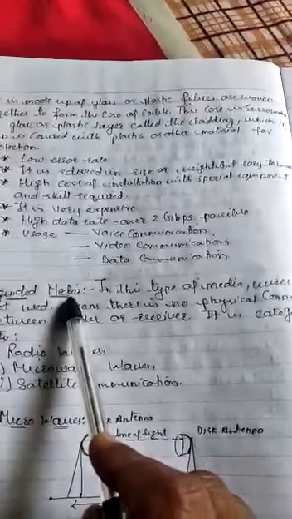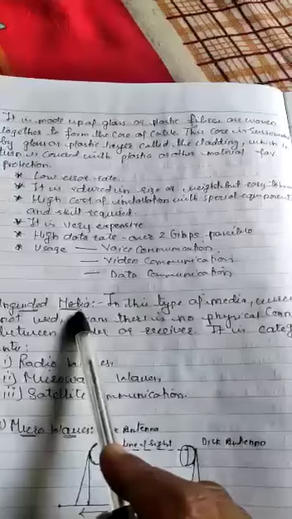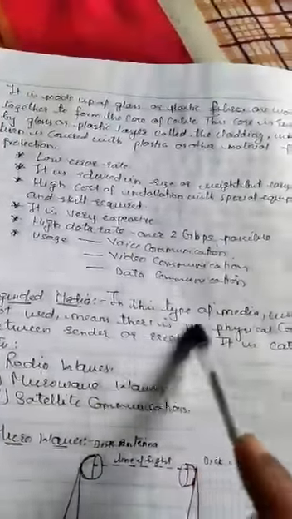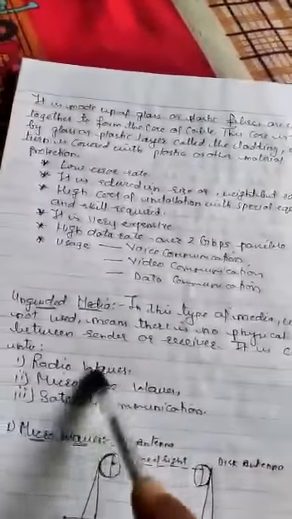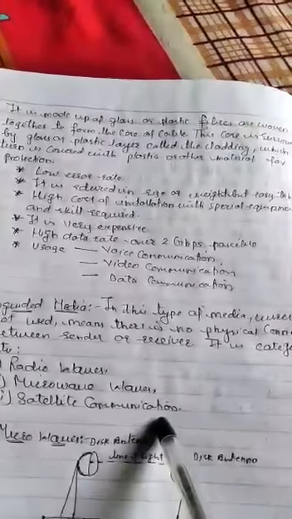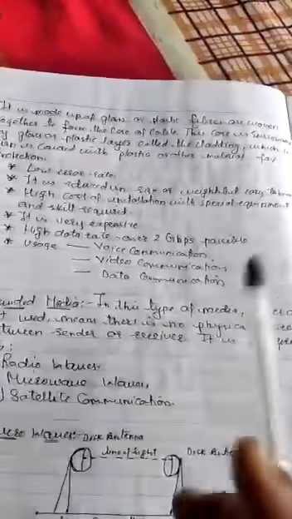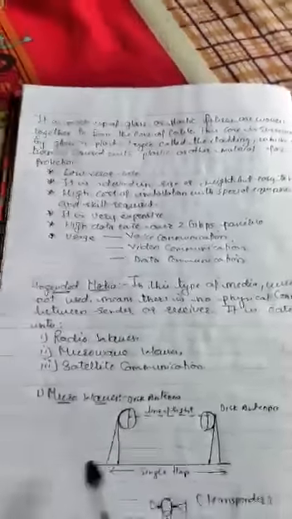Whenever we talk about unguided media, it is a type of media in which no wire is used. There is no physical path from sender to receiver. Let us see in detail. In this type of media, wires are not used, meaning there is no physical connection between sender and receiver. This category consists of three parts: radio wave, microwave, and satellite communication. In all these types of communication there is no physical path from sender to receiver, like a telephonic conversation. Let us see first